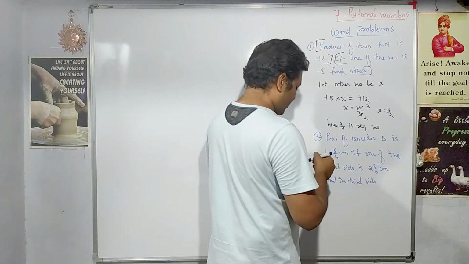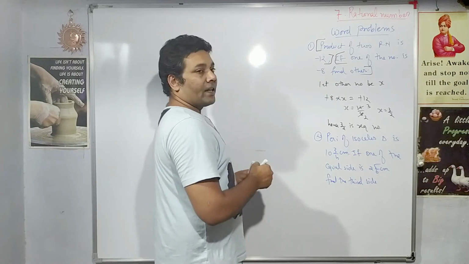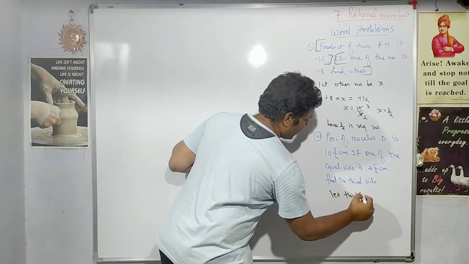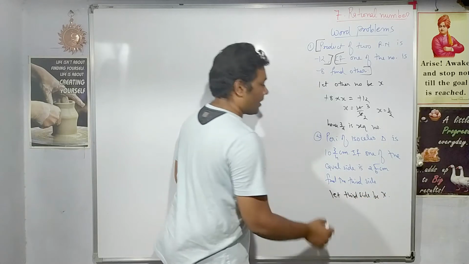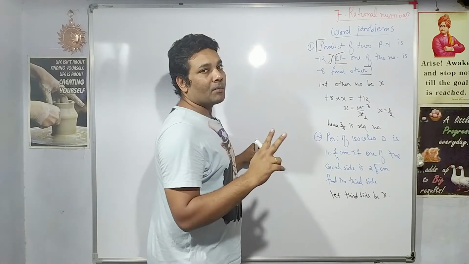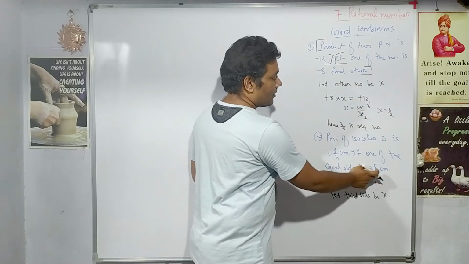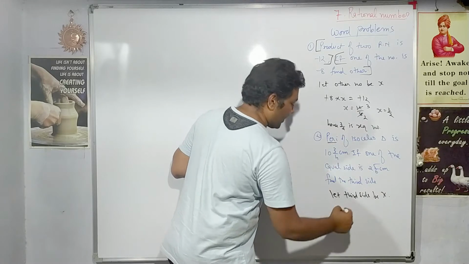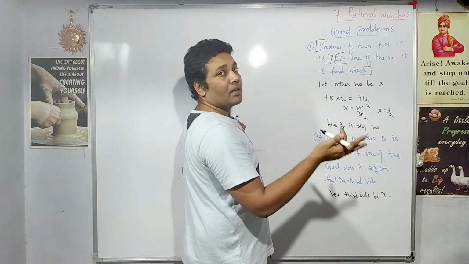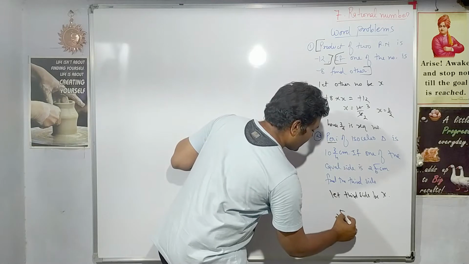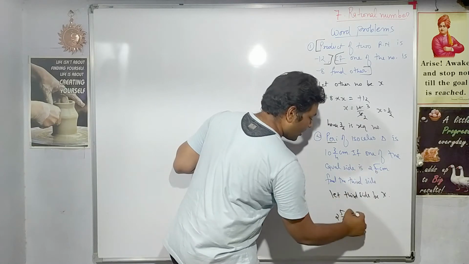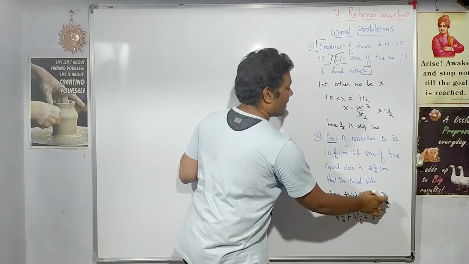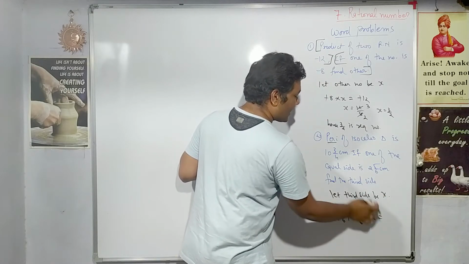So again, whatever is asked to find out, that part you will take as x. So let the third side be x, correct? Now it is an isosceles triangle. Isosceles triangle means two sides are equal. So this is the length of the equal side, right? Since we have to calculate the perimeter, what is the perimeter? Perimeter means the sum of all the sides. So this is one side, another side is also equal, so it will be the same, and the third side we have assumed as x.